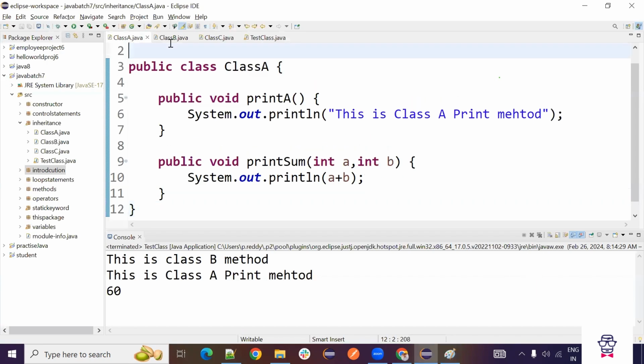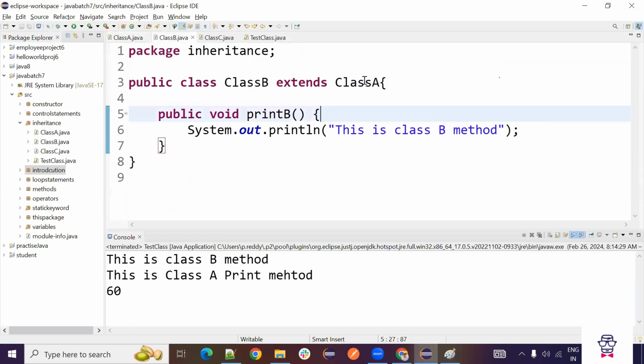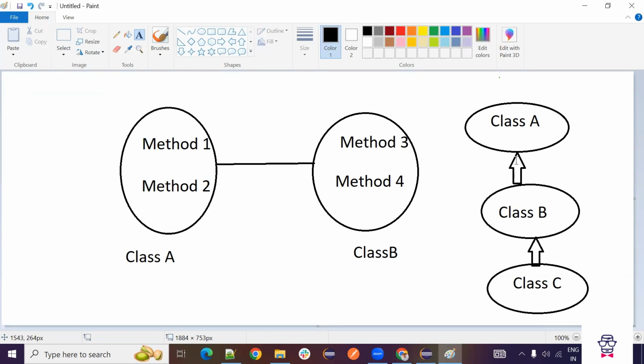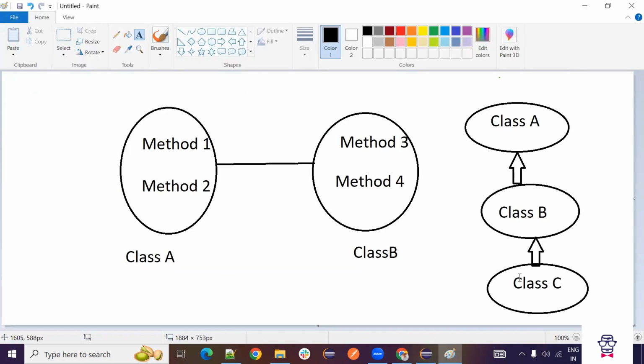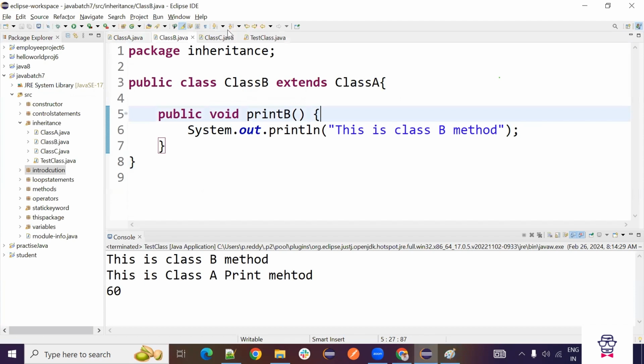So for example, if class B was not extending from class A, then class C would have access only to class B. But since we have a connection between these two classes, class C will have access to class B as well as class A. Like that in Java also it will work.